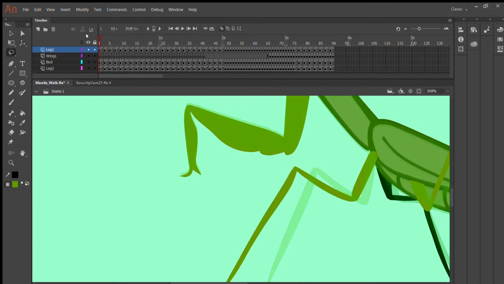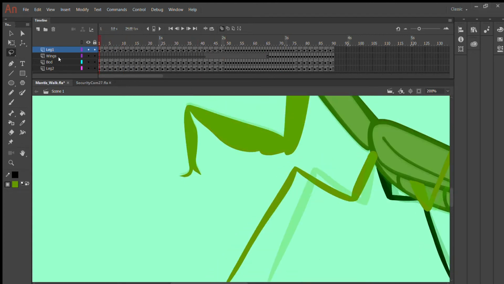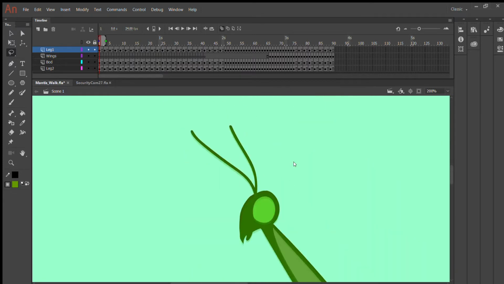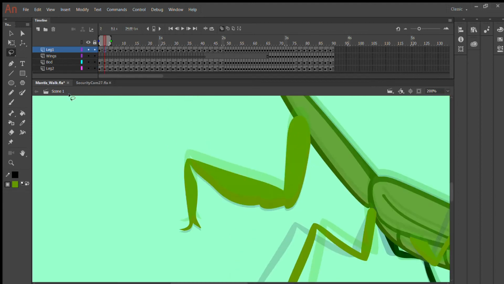If I go ahead, you can see I used the lasso tool to animate a lot of the legs, but say we want to animate our praying mantis, this little guy's arm right here, maybe we want it to move up, so you could redraw the whole arm for that, but as you can see, it's kind of a complicated arm. It's got all these little spiny things on it,